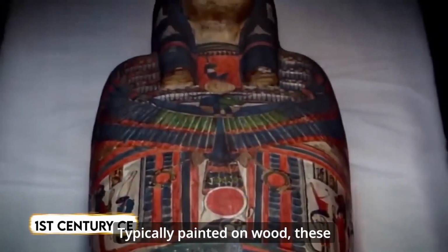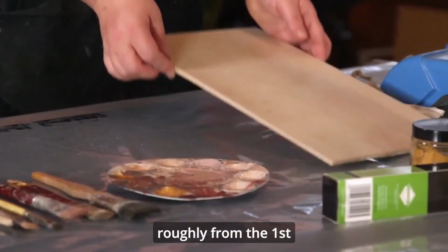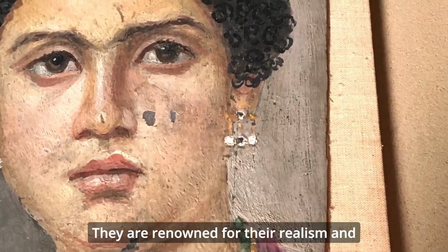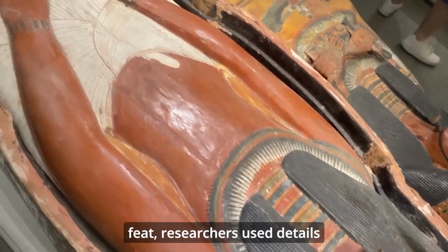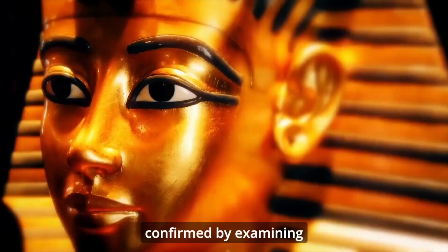Typically painted on wood, these portraits date back to the Greco-Roman period in Egypt, spanning roughly from the 1st century BCE to the 1st century CE. They are renowned for their realism and beauty. In a remarkable feat, researchers used details from these paintings to diagnose neurological diseases, which were later confirmed by examining